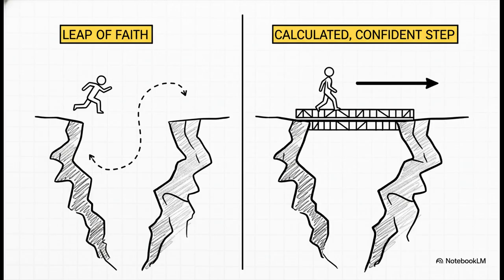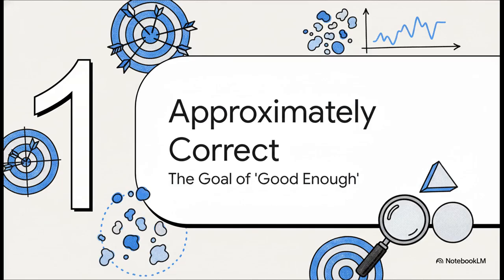Probably approximately correct learning. Yeah, I know, it sounds like a mouthful, maybe a little intimidating, but trust me, we're going to break it down and you'll see it's actually one of the most elegant and powerful ideas in all of computer science. We just call it PAC Learning, for short. So let's just tackle the first part of that name, approximately correct.